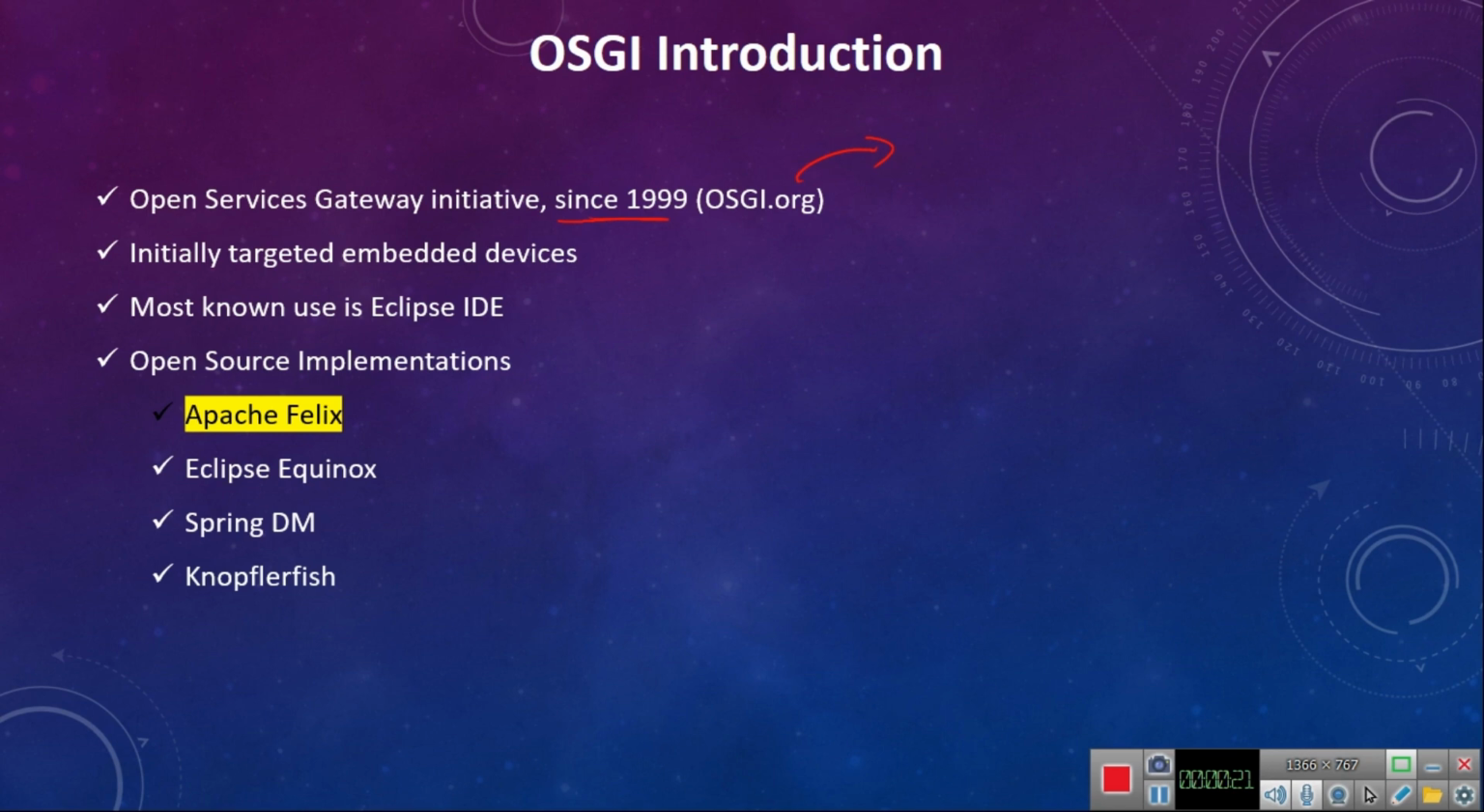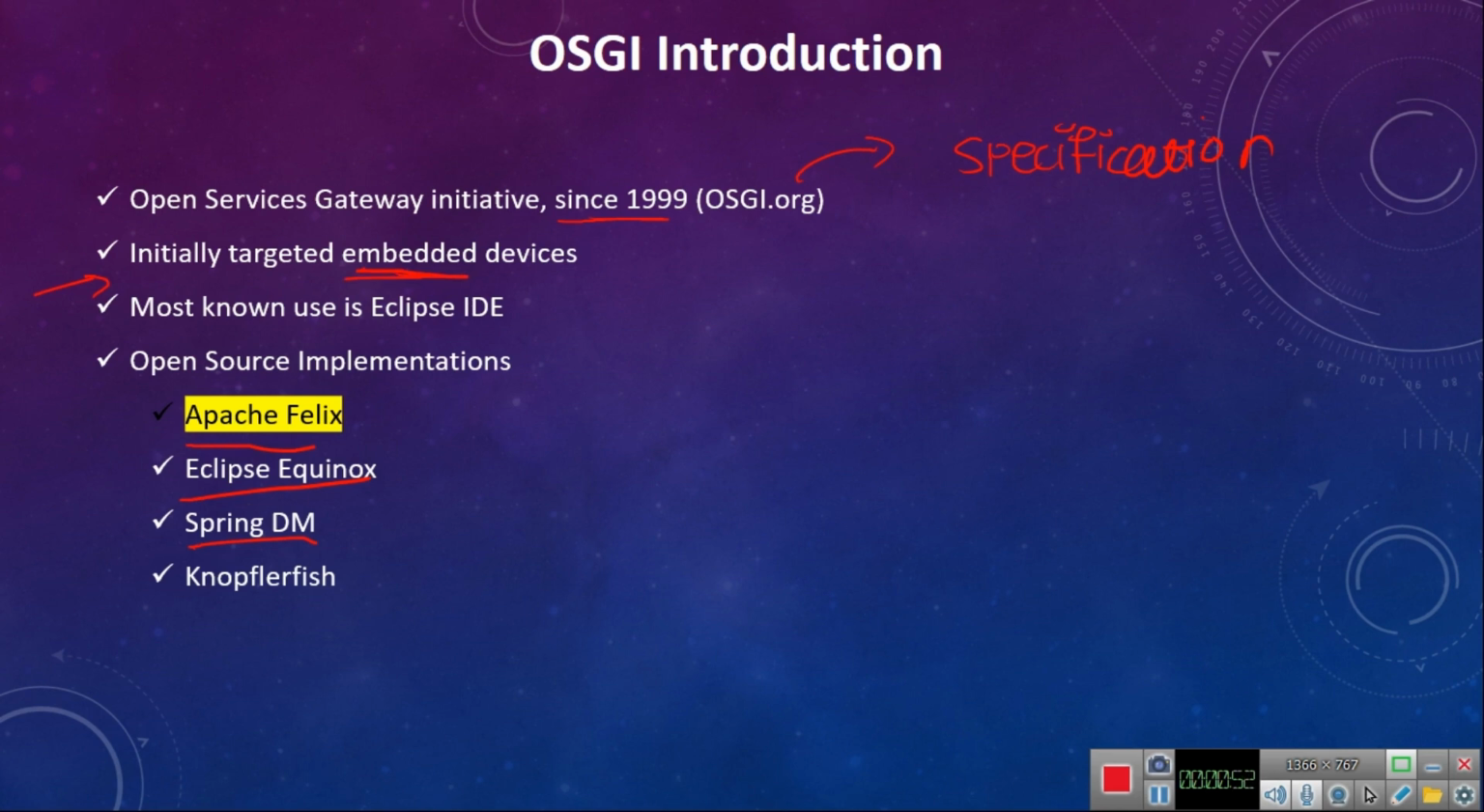So it's only the specification. It's simply a specification. That means they have defined only the classes and the interfaces, but the implementation they don't provide. So we have some vendors who provide the implementations, like Apache Felix, Eclipse, Spring DM. And another thing, initially it was targeted at developing embedded devices, just like a